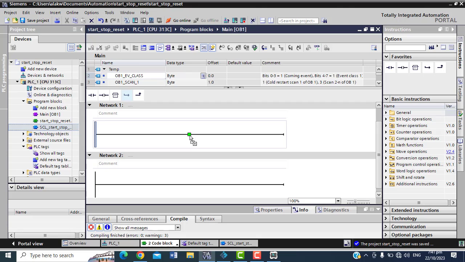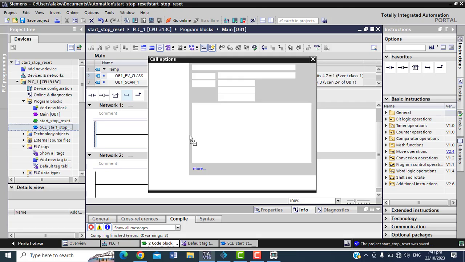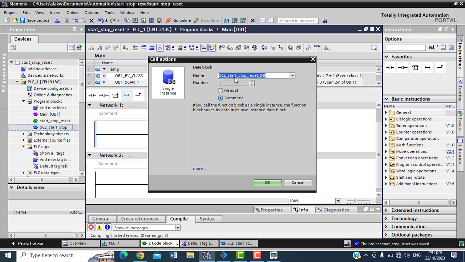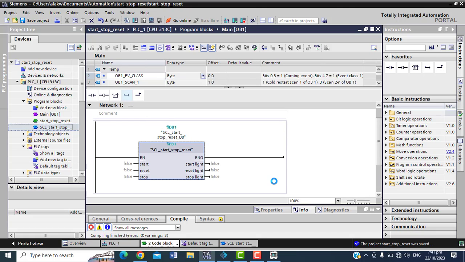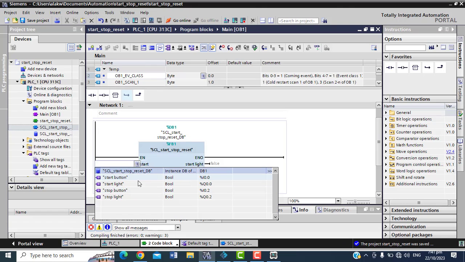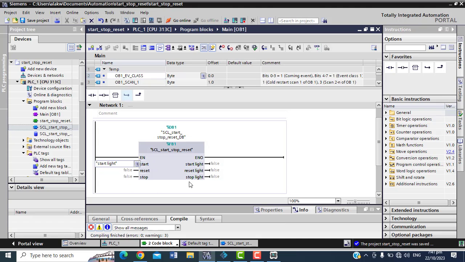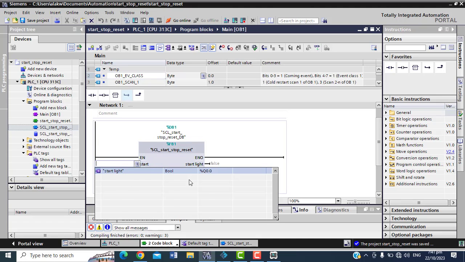You go ask me for a data block, right? We call them DB. So we may just tell you say SCL start, stop, reset DB in need them. So of course, okay for them, a database, a data block, whichever name they want give them. So of course you need them to take hold all these things where all these properties, features we in carry. No problem. Now so the function block they work. So start now be your start button, right? We don't really know that one before. Sorry, I don't go put start light for here.